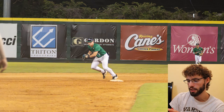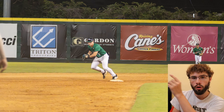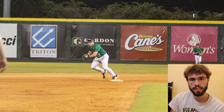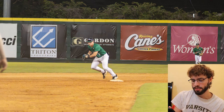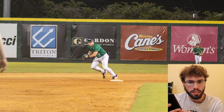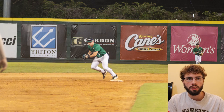It has the background where you see what would be the right fielder all the way in the back. You have the second baseman with his foot on the bag in his crunched over athletic position, getting ready to run or catch the ball, which he is. He's catching the ball from what would be the left fielder, catching the ball, and